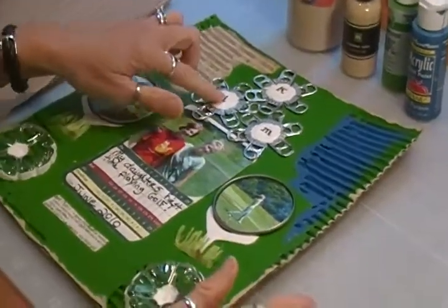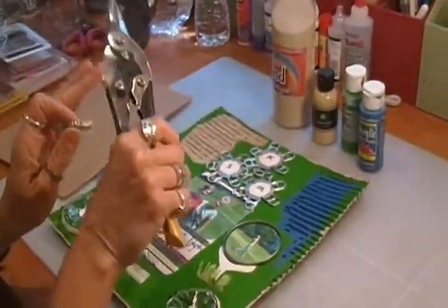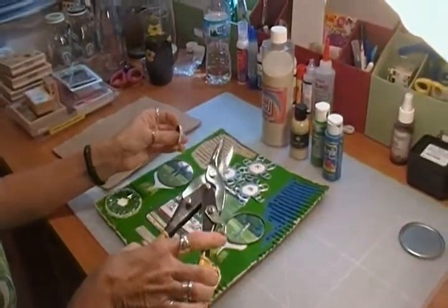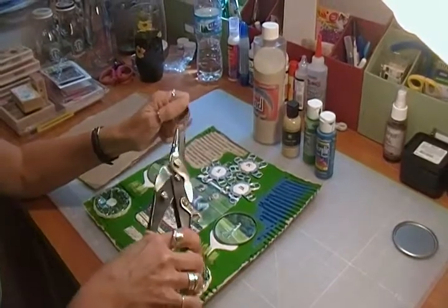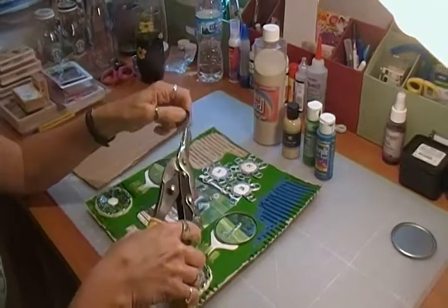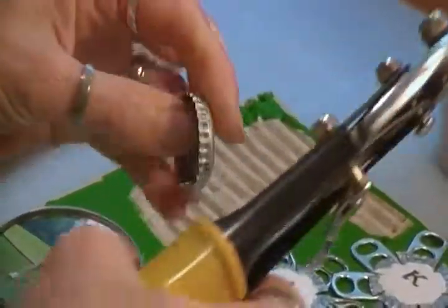And these are bottle caps that I wanted to look like golf balls. And what I did with them was I raided my husband's tool thing, and these are tin snips, so be careful. These are sharp, and so is the lid, so be careful. You have to hold it really tight and snip through the cap, and you need to do this probably in 4 or 5 places, because you can't flatten it till you cut through. After you go all the way around,